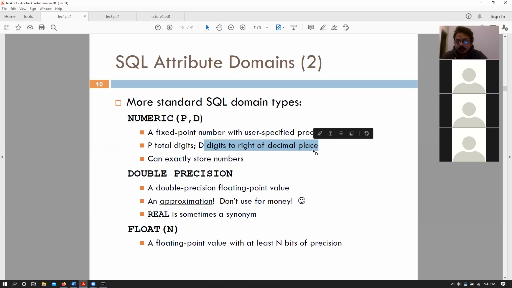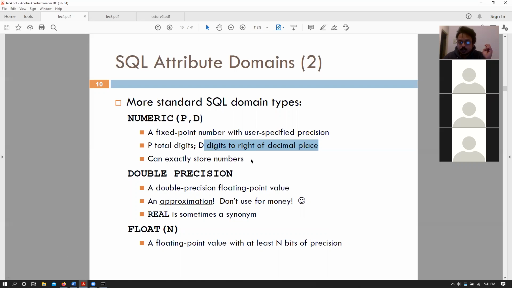So if I have a data type that is numeric(12, 2), that means 10 digits for the integer part, and 2 digits for the decimal part.